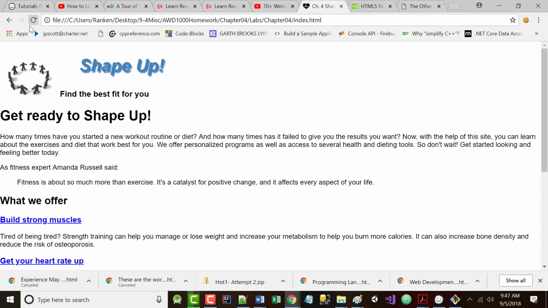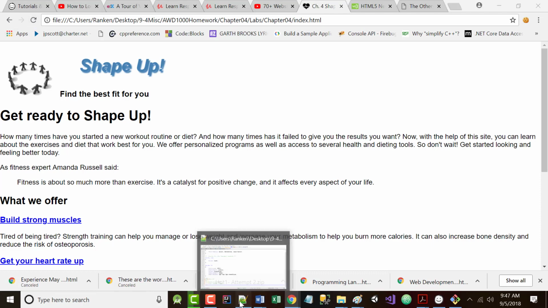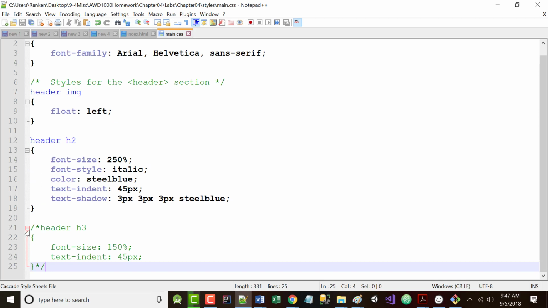See what happened? Is that pretty obvious? That is the default font size once we added normalize, and that's with no text indent. How did I come up with a 45? Am I that smart? Hell no. You play with it a little bit till it looks pretty much the way you want it to look. That's all. If I did the same kind of thing in here, if I commented that out,